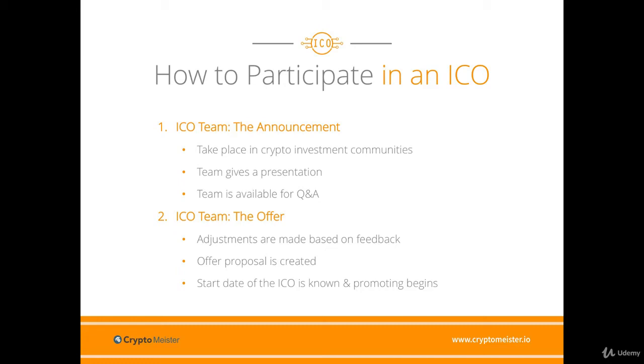After the announcement, adjustments based on the community's feedback are made to finalise the business model and the white paper. And this is a very important step as ICOs happen before a project is completed, making it crucial that the team is transparent and thorough with their documentation to really make sure that investors trust the ICO.